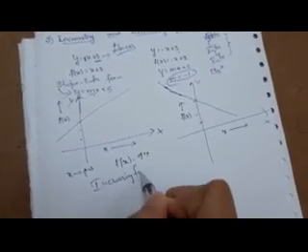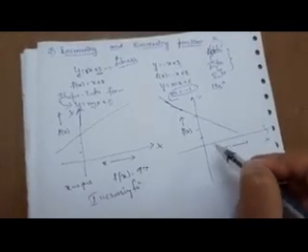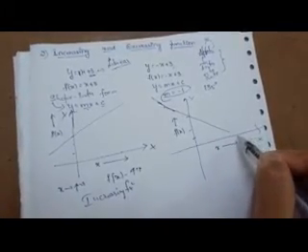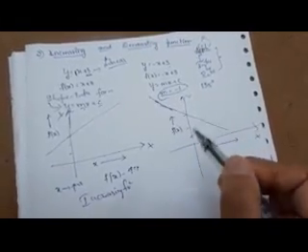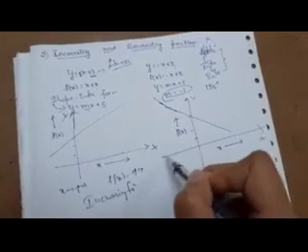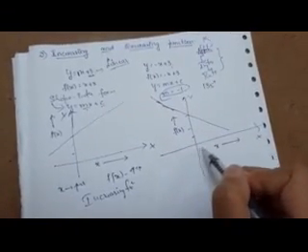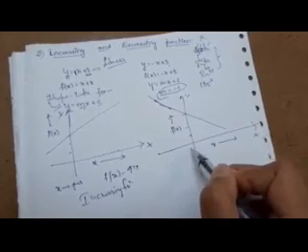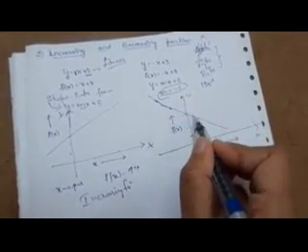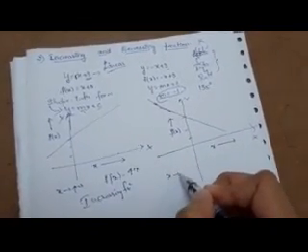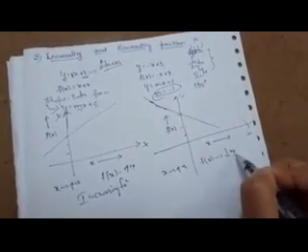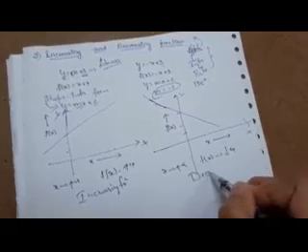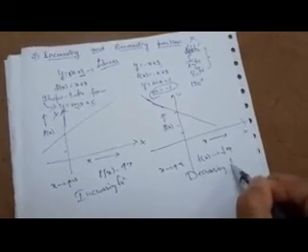Increasing function. Similarly, you can see here, as we go on increasing the x, our f of x value goes on decreasing. From here to here, the x value goes on increasing, and when the x value is increasing, our f of x value is going on decreasing, decreasing, decreasing. So as the value of x increases, the f of x value goes on decreasing. Such type of functions are called what? A decreasing function.